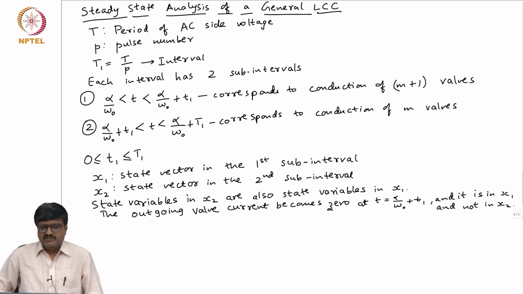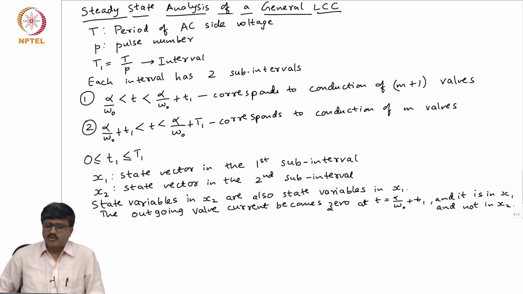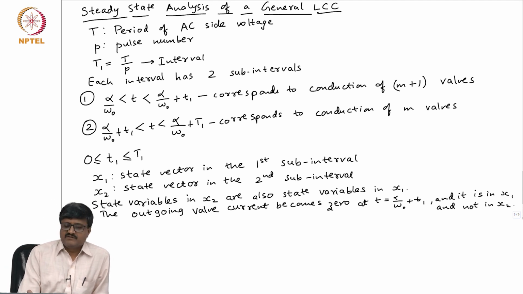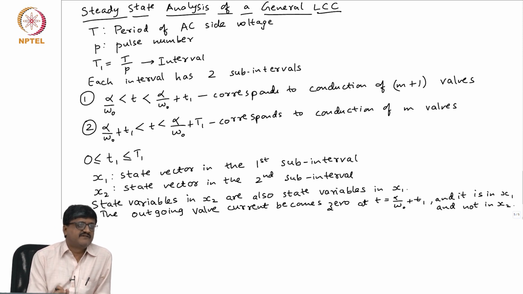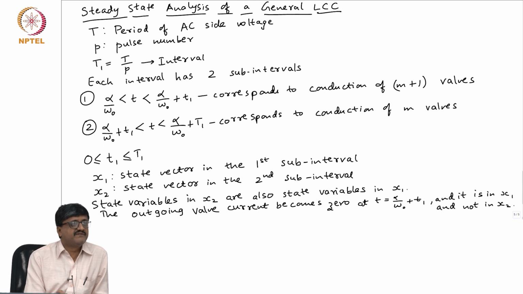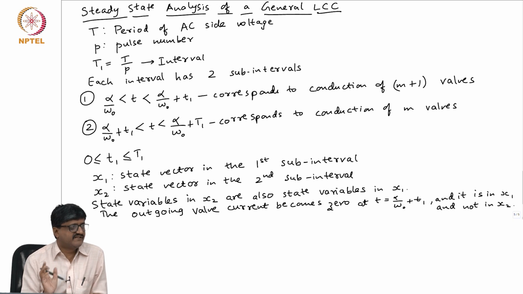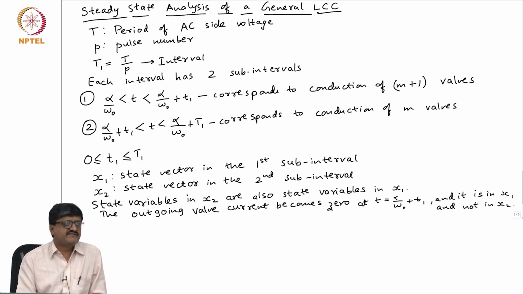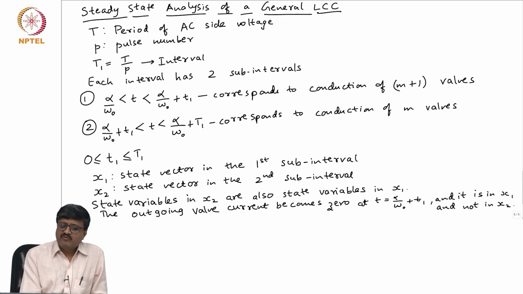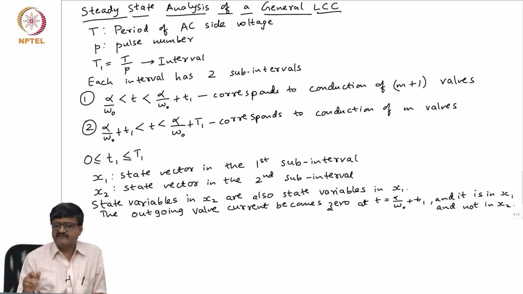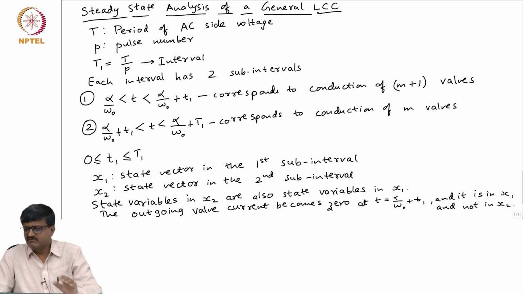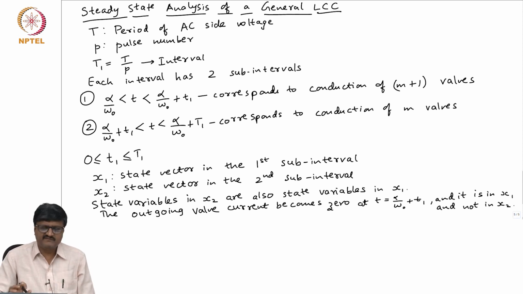Okay. So, I can try to write what are known as differential equations. If x1 and x2 are the state vectors in the two subintervals, there are two different sets of differential equations corresponding to the two subintervals. These can be shown to be linear time invariant equations for which the solutions are straightforward. So, we will try to write the equations and the solution, and then what we will see is we will know everything in this except for one particular quantity that we are solving for. Okay. So, I will not give all the answers right now. I will stop at this point. We will continue the analysis of this in the next class.